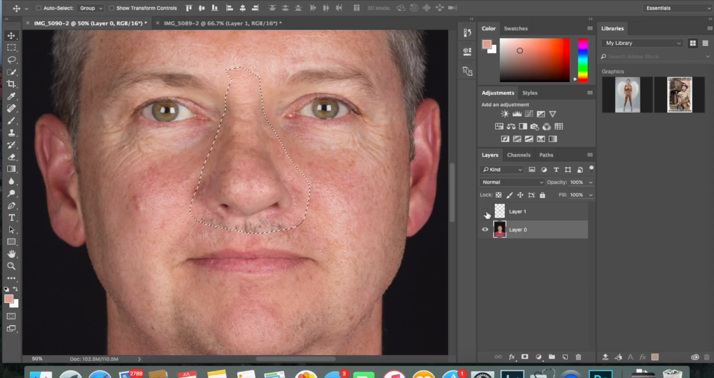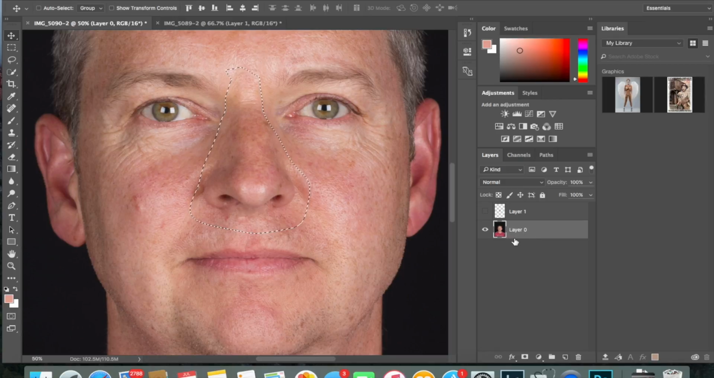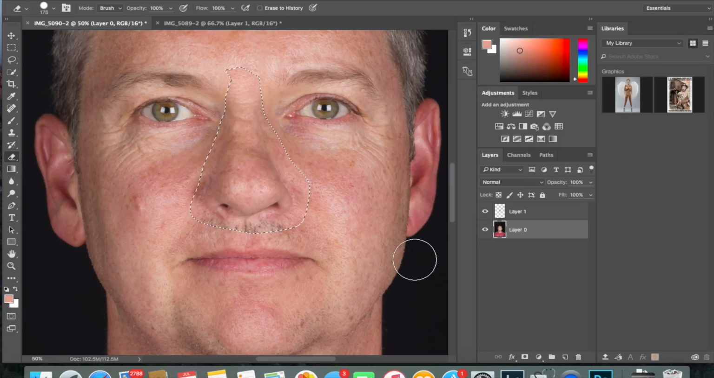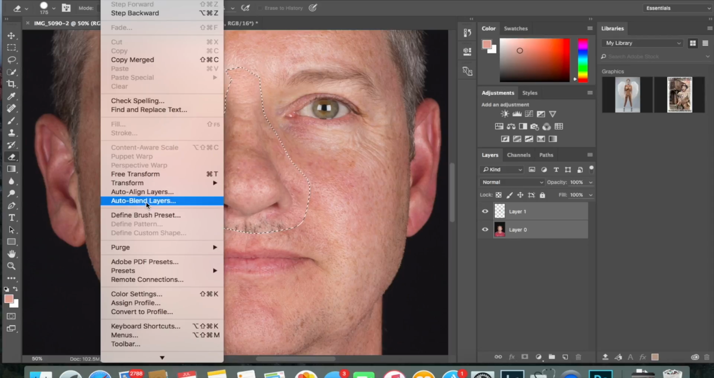We're going to hide the top layer so we can see where we're working, and we're on the bottom layer, and we're going to go to the eraser tool, and with quite a big tool so we can press the brackets to make it quite a bit bigger. I'm just going to delete or erase that entire area there. Totally gone. Then I can show the top layer again, and by pressing the Shift key I'm going to make both of those layers selected. Go to Edit and Auto Blend Layers,